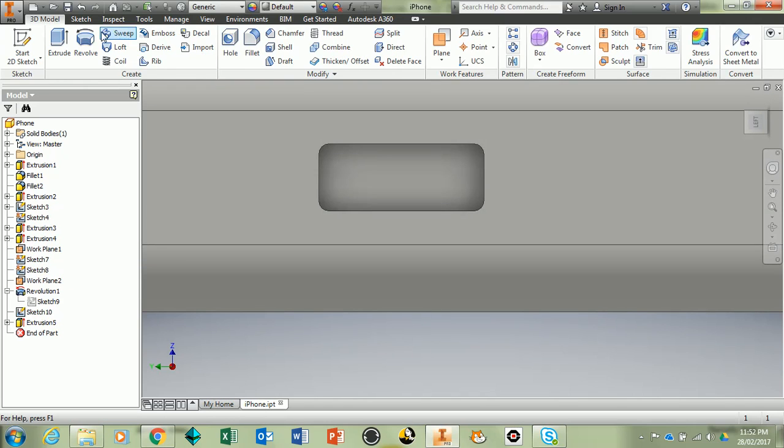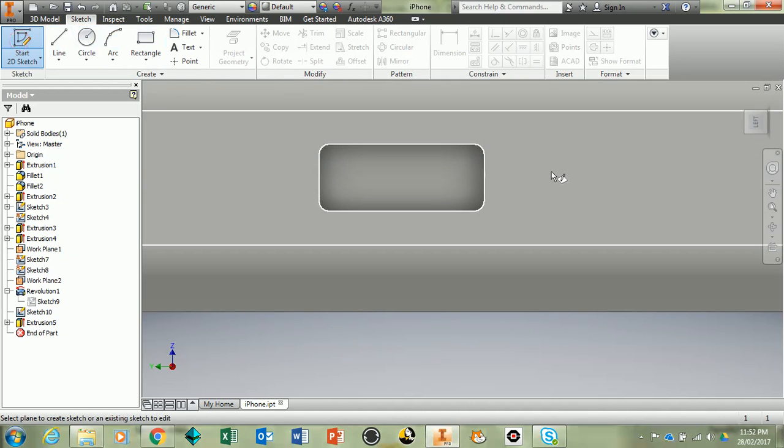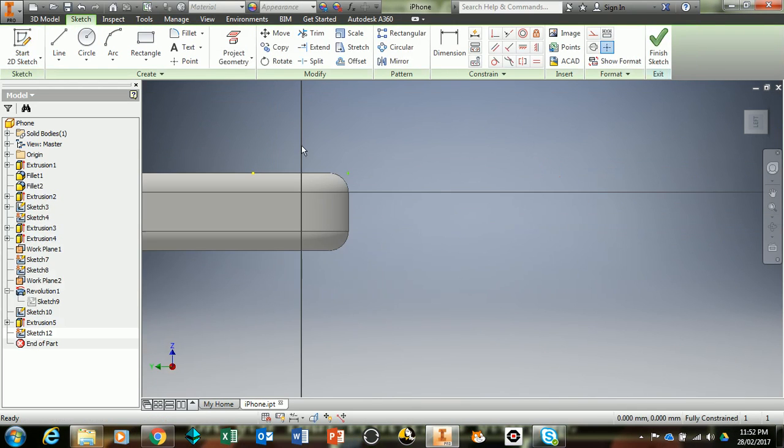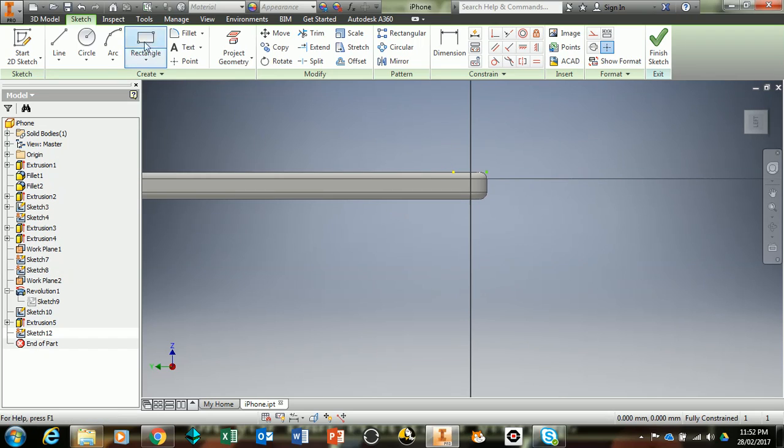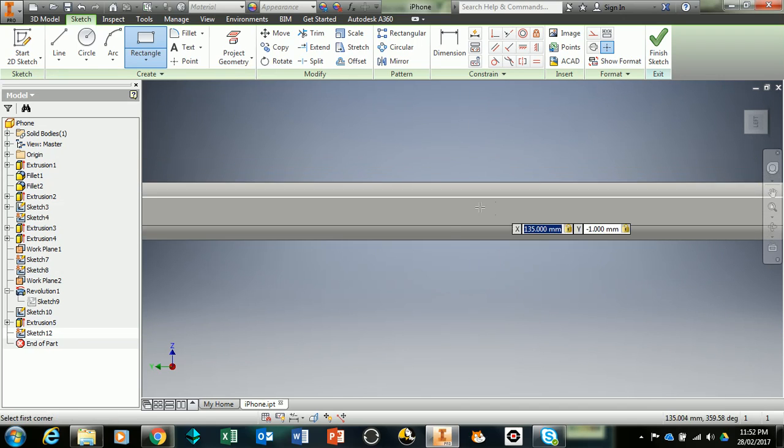We're now going to create the button. So we go back to sketch, start 2D sketch on that plane. We zoom back out, and we create a rectangle again. And it's exactly the same dimensions. So we want to go across 135. And we want it to start, how far down was it? -1. And if we zoom back up,